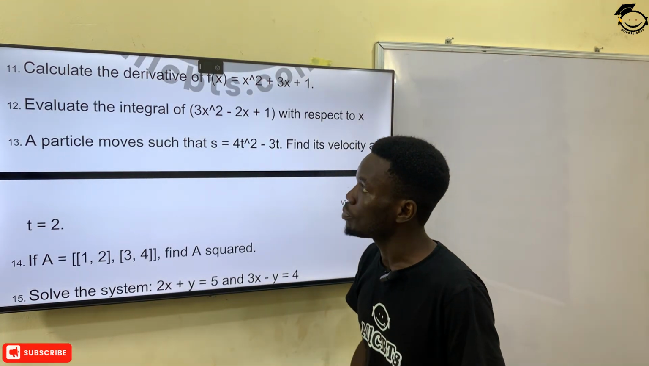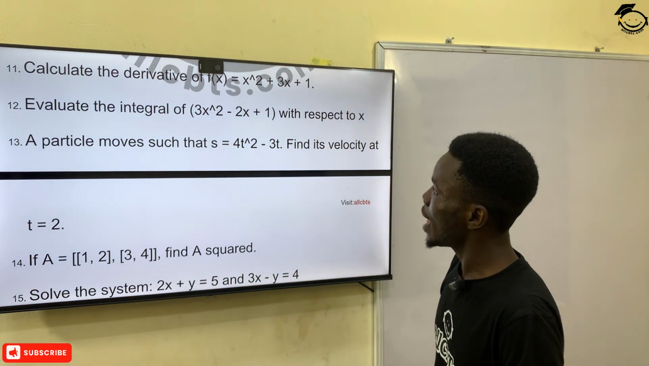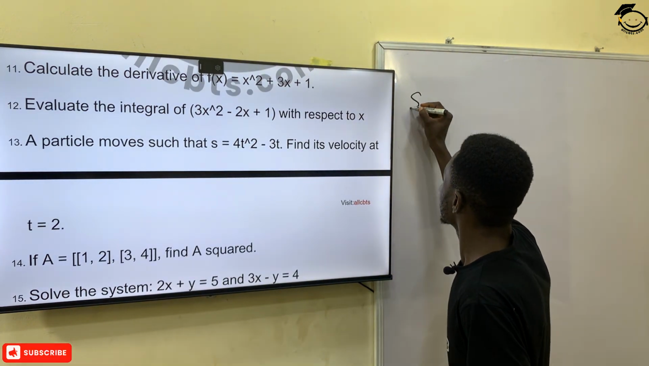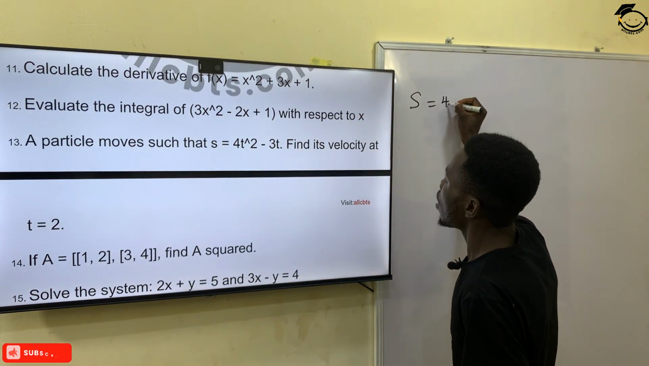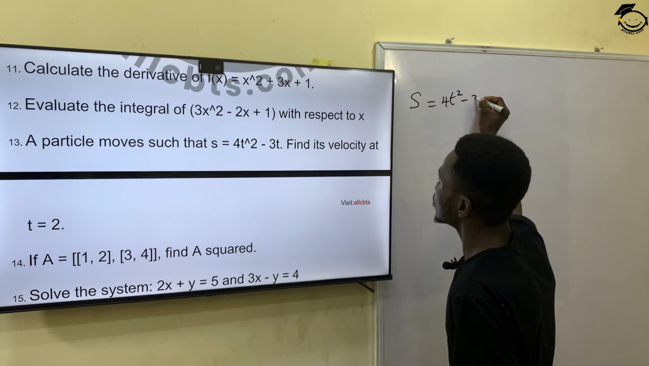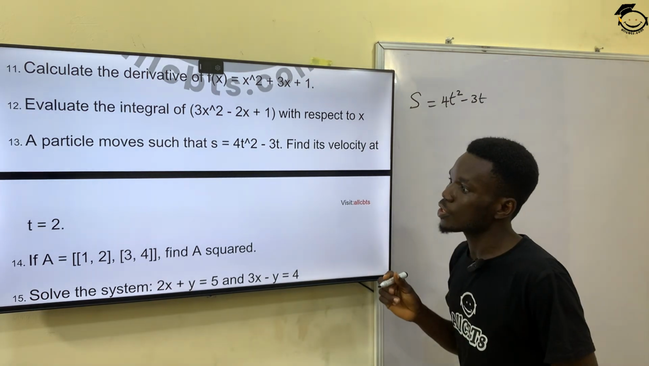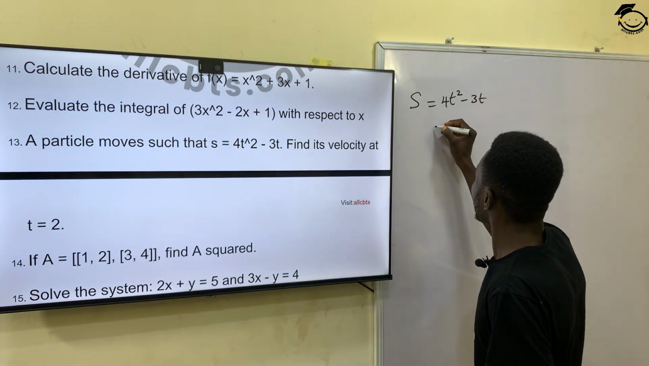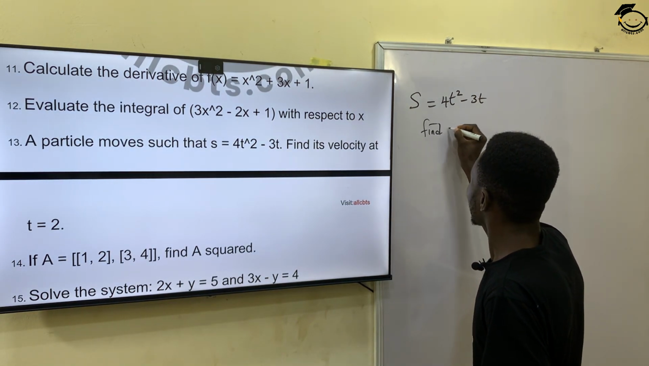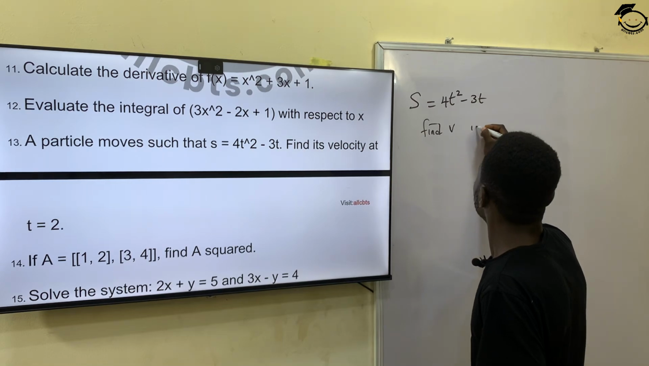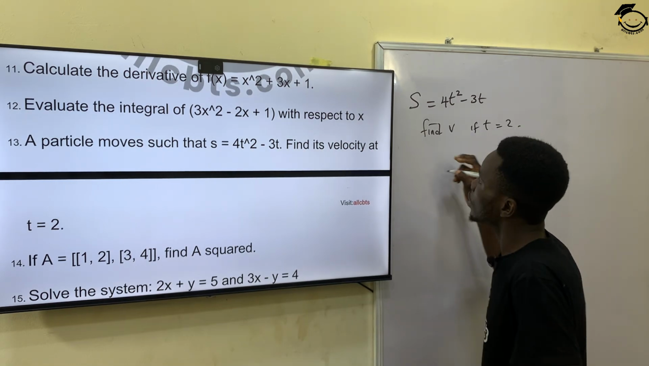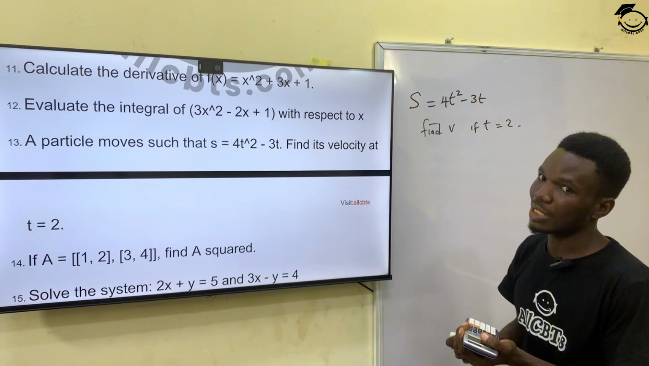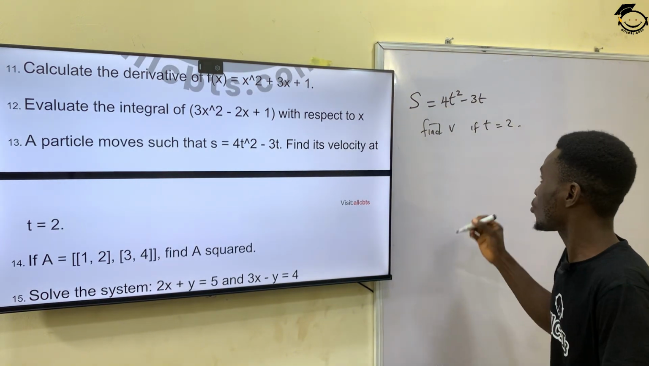That takes us to the next question, which is question number 13. It says, a particle moves such that s is equal to 4t squared minus 3t. Find its velocity at t equal to 2. So we are asked to find the velocity. Remember that what they give to us here is distance. So for us to find velocity, we know that